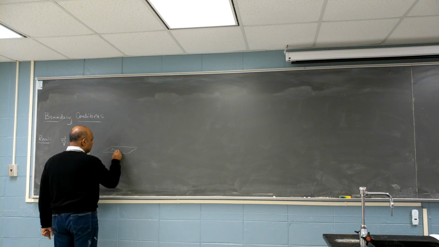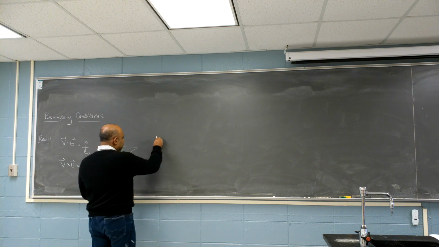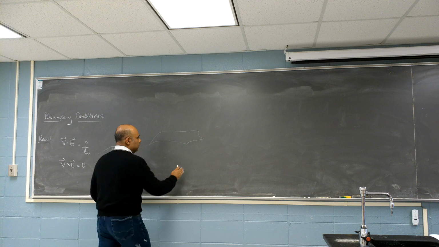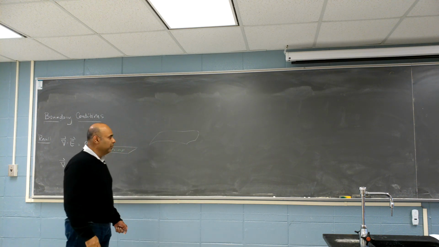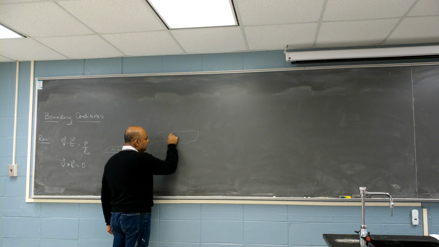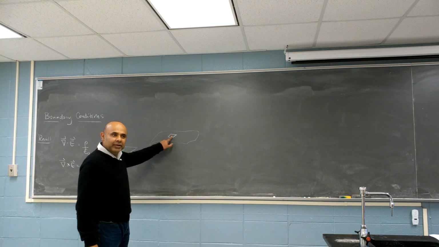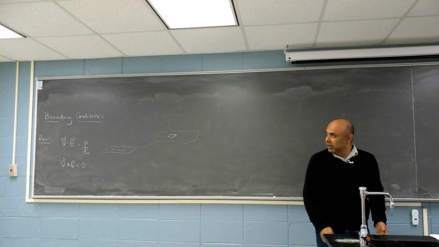Rho equals constant. Because if you have a complicated surface, if you look at a small patch of it and zoom in, you'll find that it's a rectangular patch, much like the surface of the Earth. And then we argued that